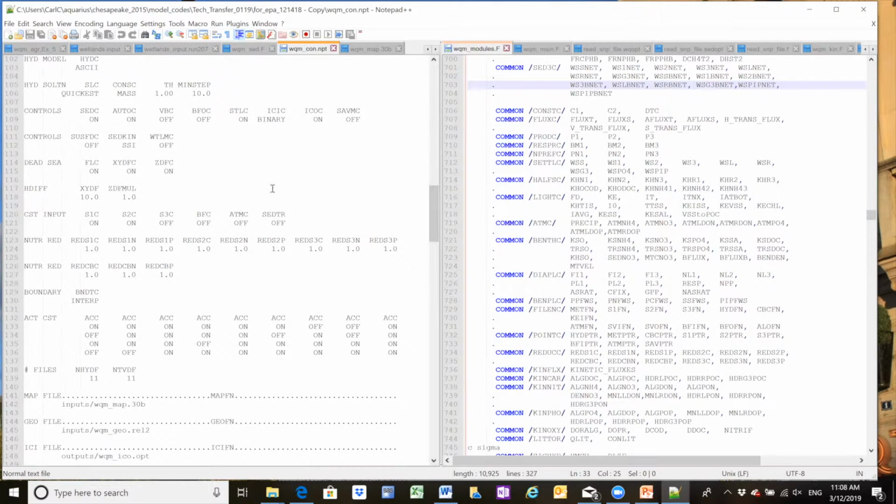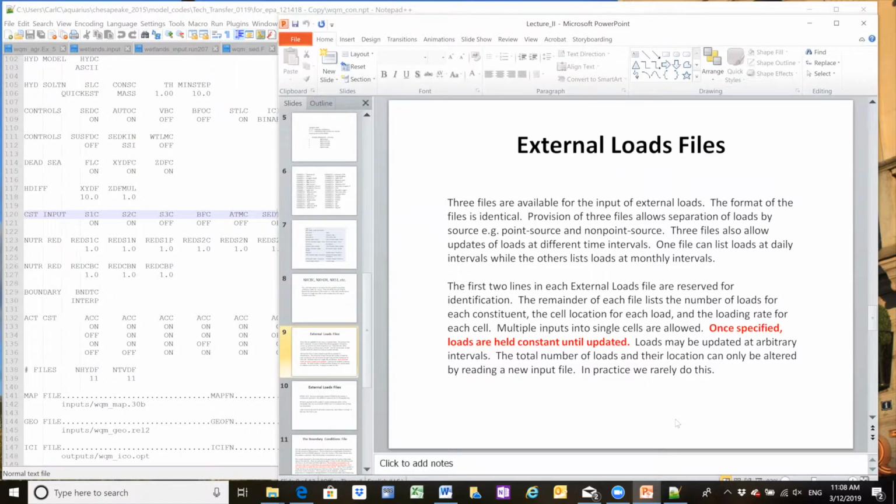Yeah, this one, this line right here. So you have S1, S2, S3. Those are load files. The format of those files is identical. The reason you have 3 is partly that